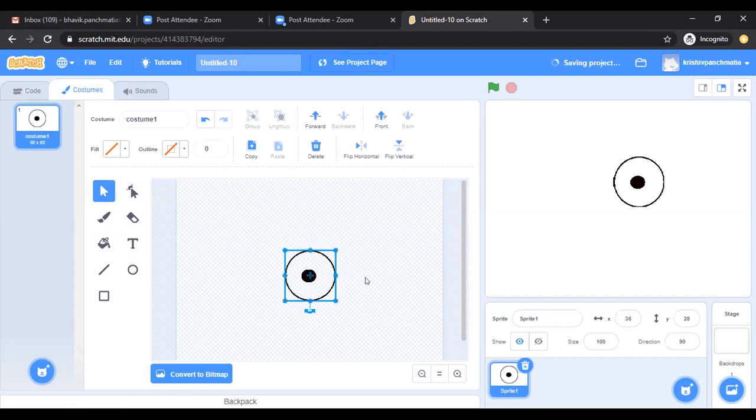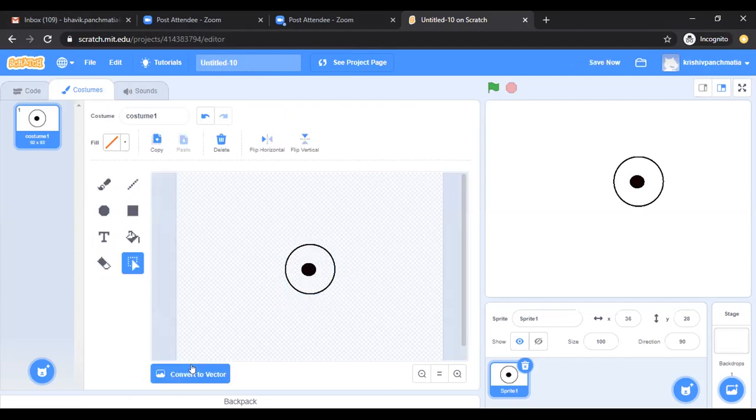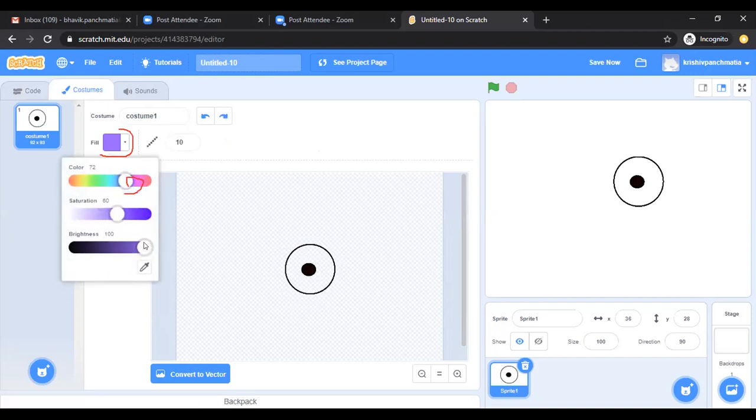Now you have to draw the lines. No, first you have to draw the line. Make it a black color, right? Select a black color and then draw the line.